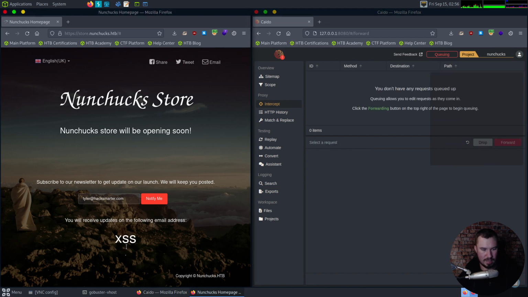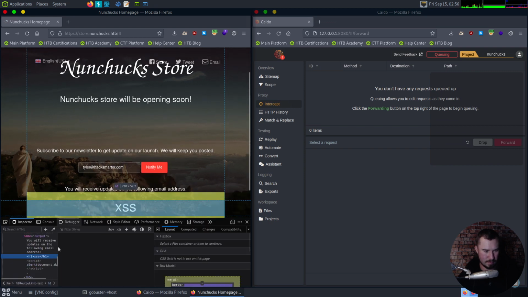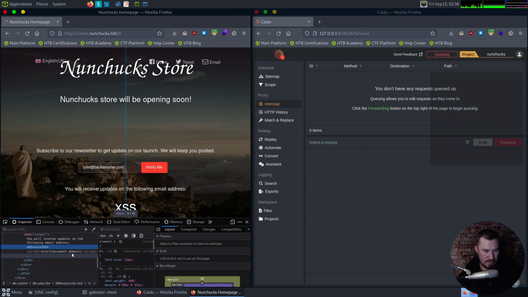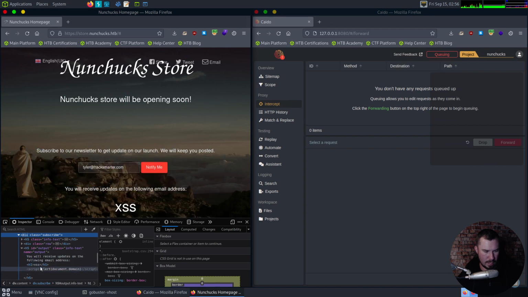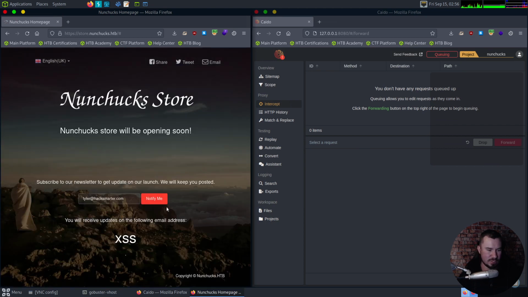Oh, we didn't spawn it. If we inspect it, well, shoot, it's there. Oh no, it commented out the scripts. We could probably bypass that. So if this is a real assessment, I'd actually spend some time working on bypassing that, and we could probably get JavaScript to execute. Right now, I'd report it to a client as a probably medium finding as HTML injection,